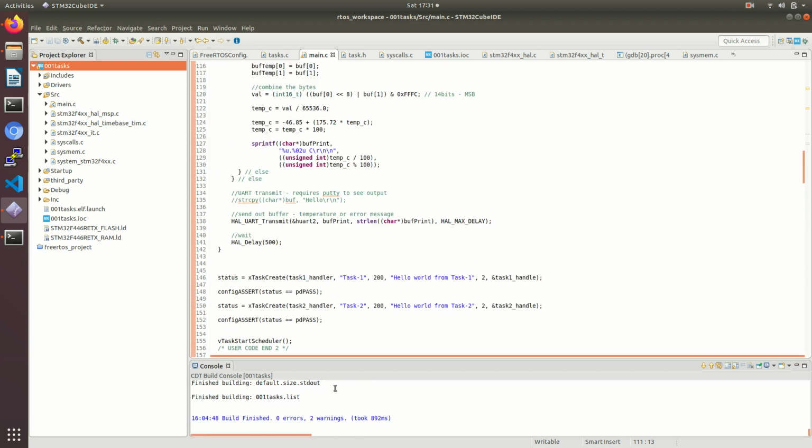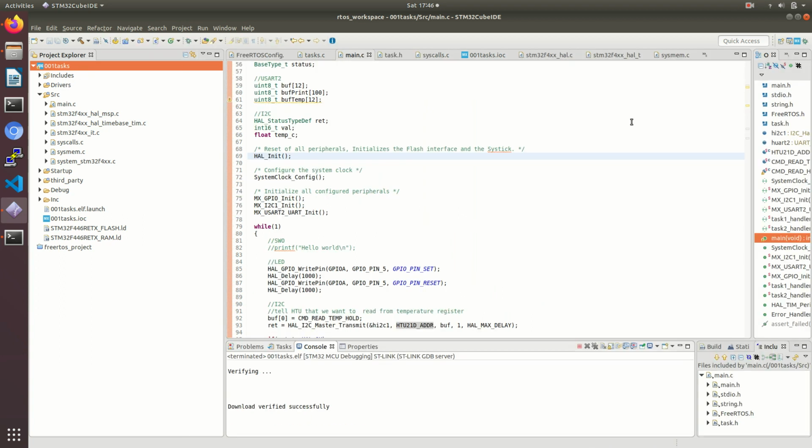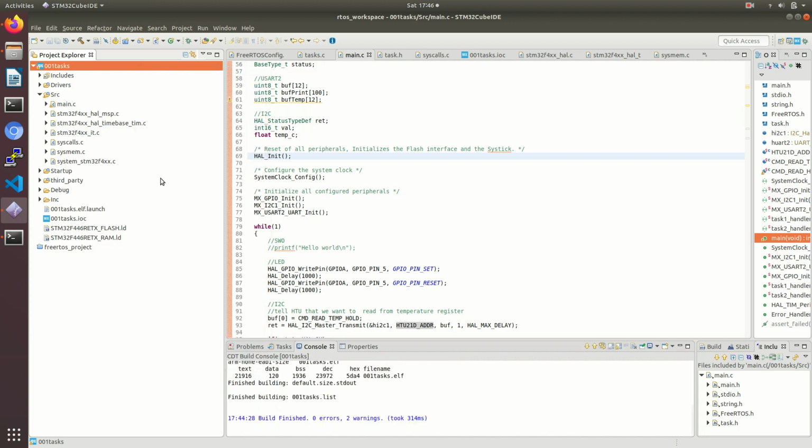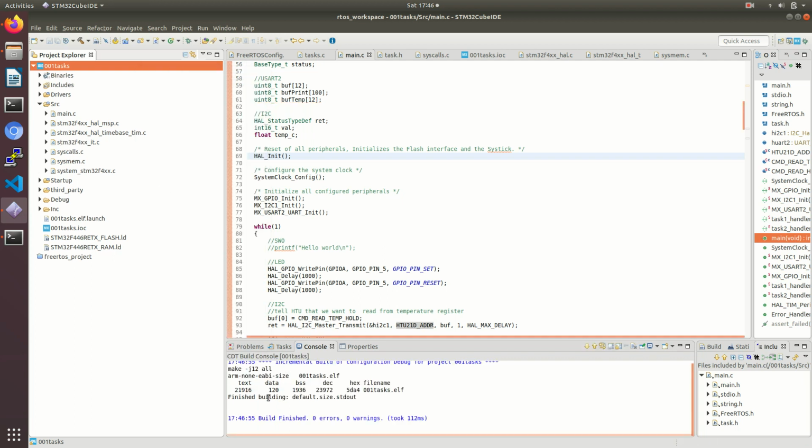Now I have connected the target board using a USB cable. I'll try to build the project. Now I'm building the project. The project is built now.